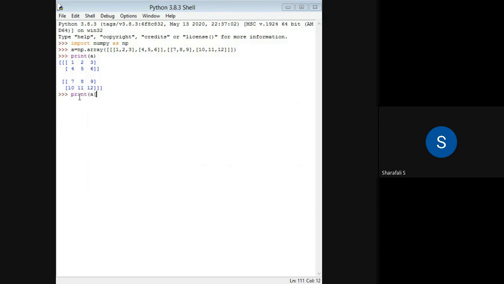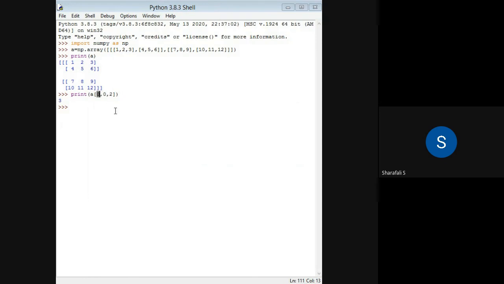So first I have to give the first dimension, that is, let's say 0, and then I will put 0 comma 2, that is for rows and columns. So this will give me 3. This is my first dimension, this is column and this is row. This is how we can access an element from a three-dimensional array.